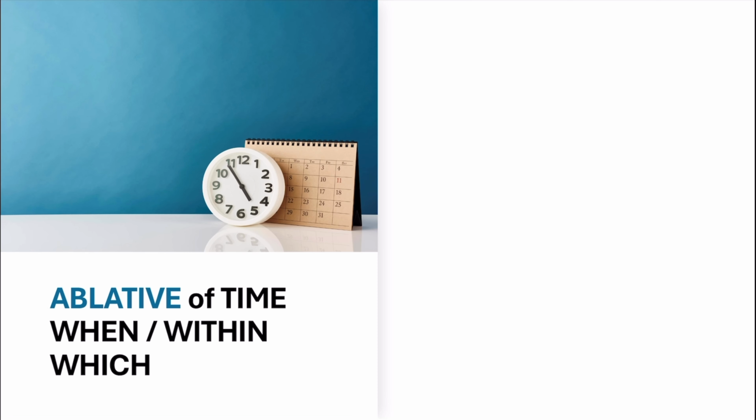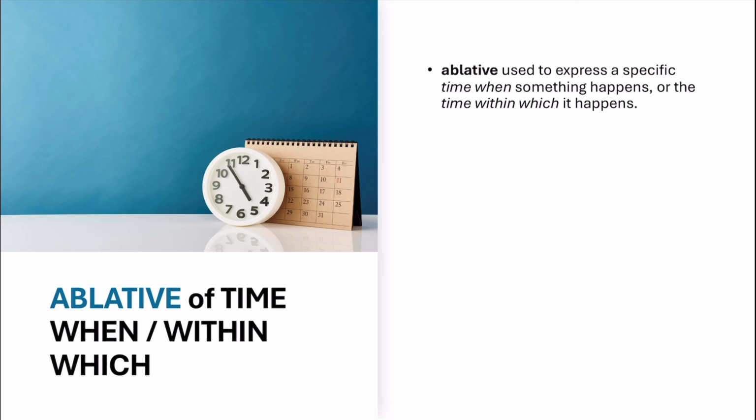So, as I say, we use the accusative to show time, how long something has been happening. By contrast, we use the ablative to show when something happens or the time frame within which something happens. So if we look at this example, venerant, they came that night or on that night. So again, we don't need the word for on, kind of don't need it in English either. And then just that night, ea nocte. We could also have the part of ille if you prefer for that. That night would then just both go into the ablative.